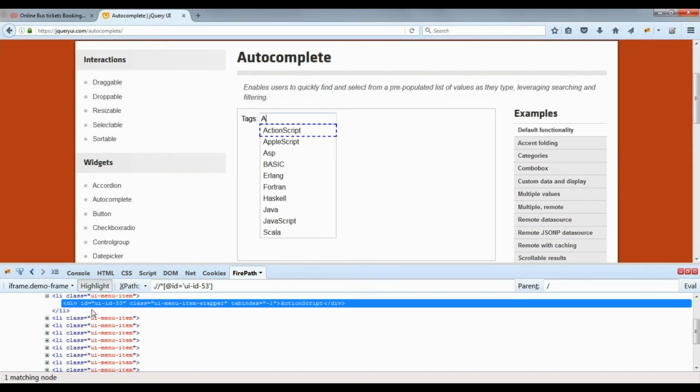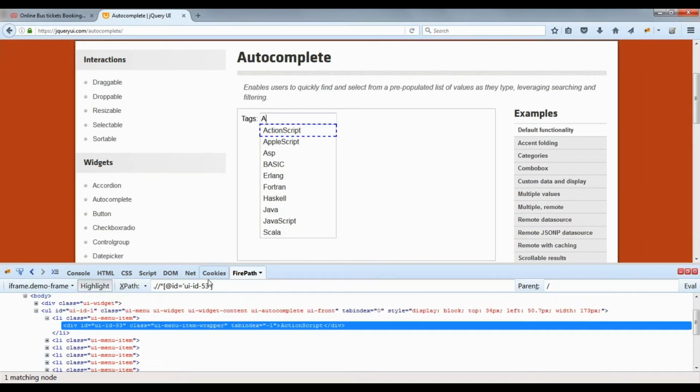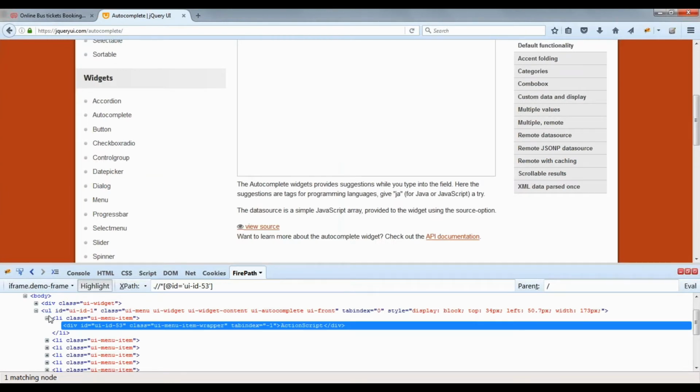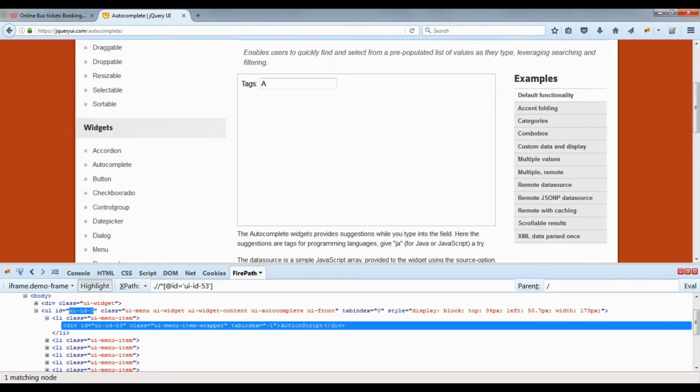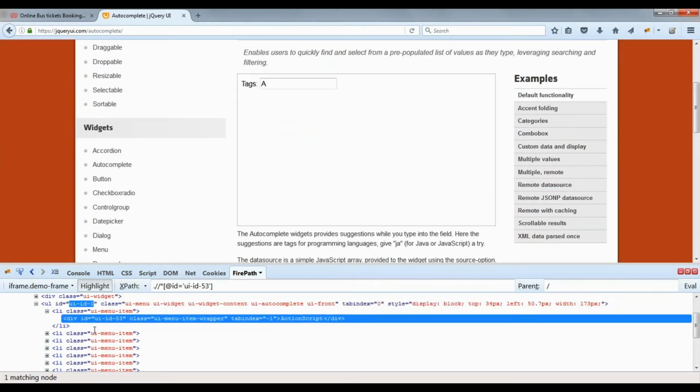The XPath of that is this one, or we need to consider the entire XPath of this, that is the UI ID. That is the entire XPath. You can see here it is dynamic in nature.